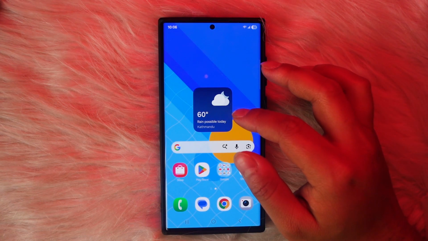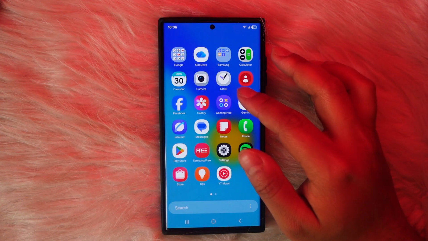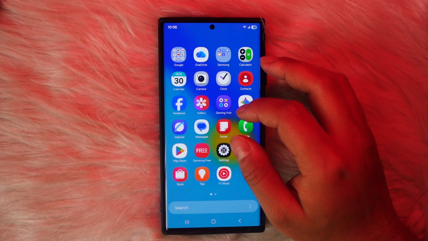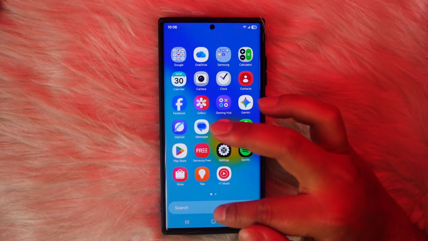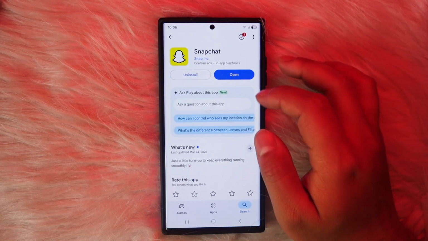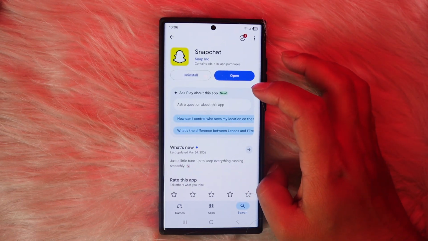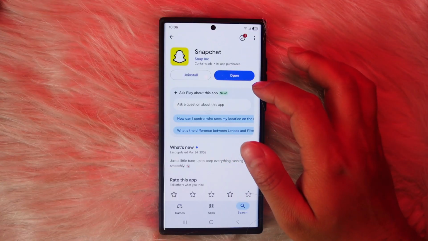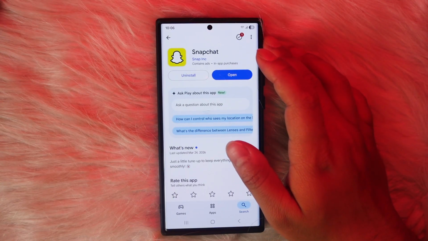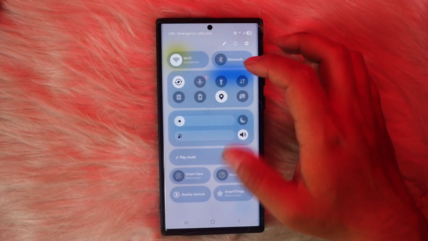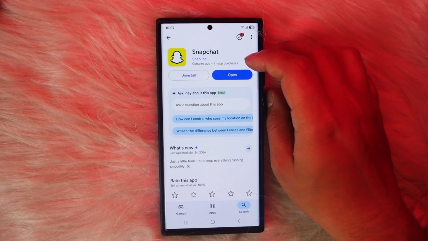But however, if that is not the issue with you, the first thing that you can do in this case is try to look for new app updates available. So just head over to the Play Store, search for Snapchat, and if you do see new updates available, make sure you tap on this update button. Also make sure that you have a stable connection,